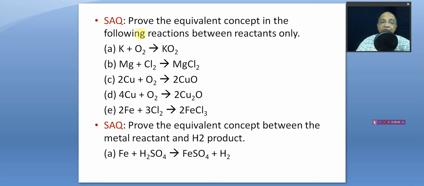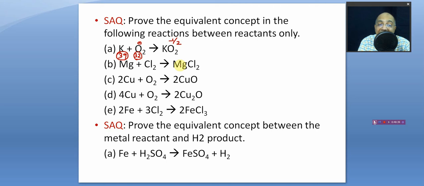Now here, this is superoxide. We know that in superoxide, oxygen has an equivalent mass of 32 because the valency factor, the X factor, was half, so the mass was going up to 32. So that will prove 39 will be reacting with 32. And this 39 is 1 gram equivalent of potassium. The valency factor of potassium is 1. Atomic mass is the same as equivalent mass. And 32 is the equivalent mass of oxygen in superoxide formation, where the change in oxidation number per atom is half.